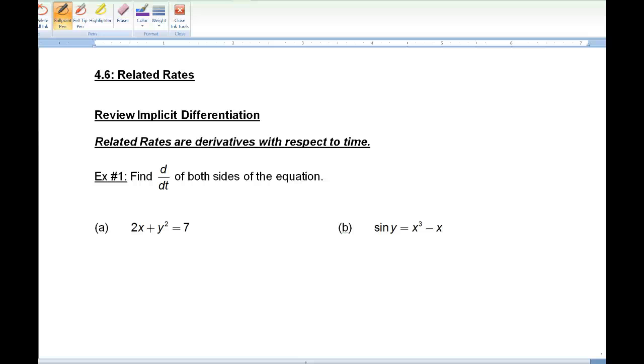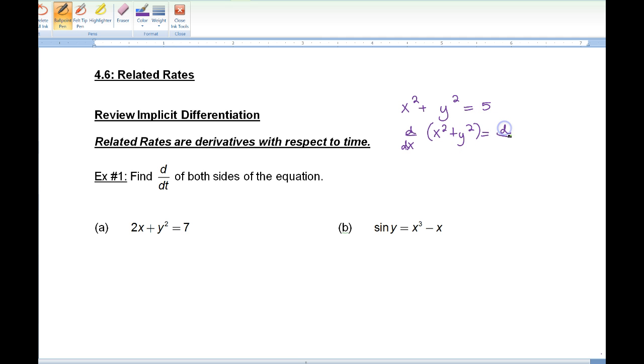So before we actually get to related rates, I want to review implicit differentiation because that is what we use in this whole lesson in related rates. So in the past we did d dx of both sides. So just real quickly, let's say I had x squared plus y squared equals 5, just as an example. So if I did d dx,